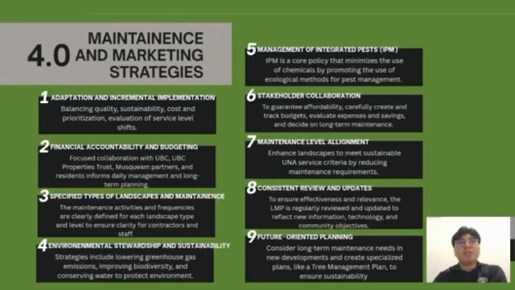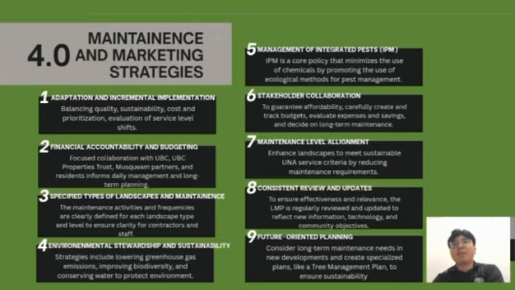Number 4 is environmental stewardship and sustainability. This strategy includes lowering greenhouse gas emissions, improving biodiversity, and conserving water to protect the environment. Number 5 is integrated pest management, IPM. IPM is a core policy that minimizes the use of chemicals by promoting ecological methods for pest management. Number 6 is stakeholder collaboration to guarantee affordability: carefully create and track budgets, evaluate expenses and savings, and